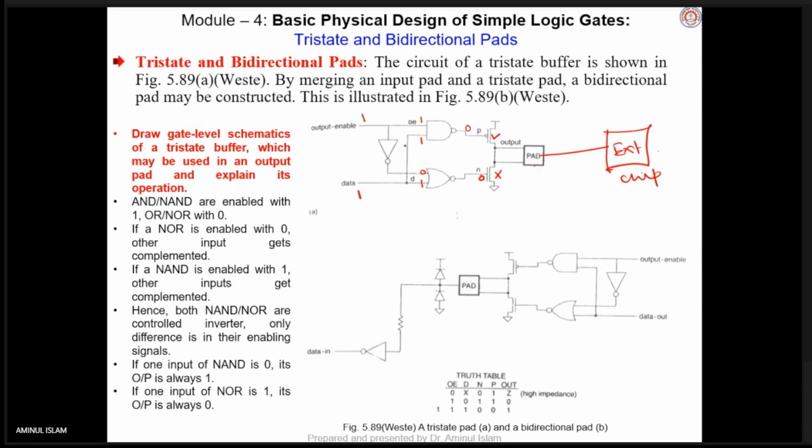Otherwise, if you do not, what is going to happen? You are sending the same data, but you are disabling. Data is available up to this point from, say, 8085, but the processor has not sent the enable signal. It is not enabling. This line is also coming from the processor. Remember that control is going to come from the processor only. So it is 0, it is not yet enabled. So what is going to happen? Let us see what will happen at this point.